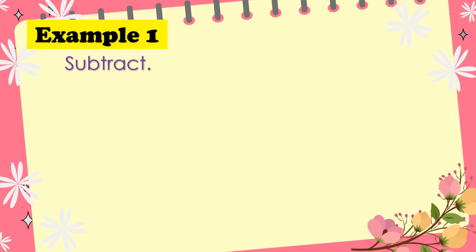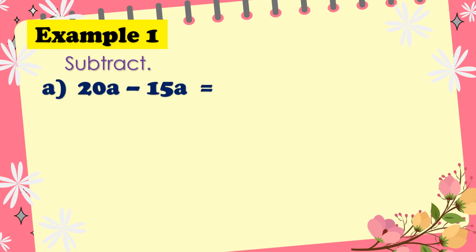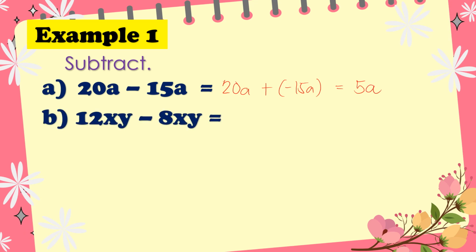Example number 1, subtract 20a minus 15a. Yun yung first problem natin. So, similar naman sila, pwede tayo mag-subtract. So, 20a minus 15a, the answer is, i-rewrite muna natin siya. So, 20a, so minus nagiging plus, and then positive nagiging negative. So, we have 20a plus negative 15a. The answer is 5a. Next question is 12xy minus